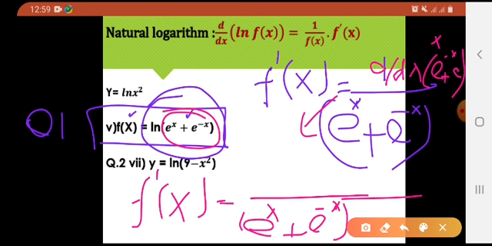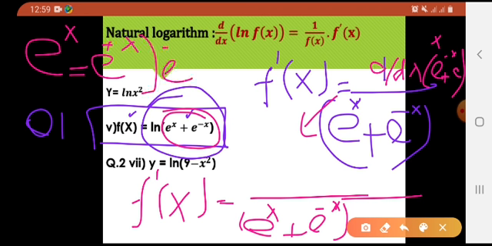I have told you people even earlier, the derivative of e raised to the power x would always be e raised to the power x. Clear? And the derivative of e raised to the power minus x would always be minus e raised to the power minus x. ठीक है, मुझे बताने की ज़रूरत नहीं है मेरा ख्याल है. Why would the derivative of e raised to the power minus x be minus e raised to the power minus x? Because the derivative of e raised to the power minus x तो ऐसा ही आ गया. Then further derivative of the exponent, which is minus 1. So it would be minus e raised to the power minus x. Clear?